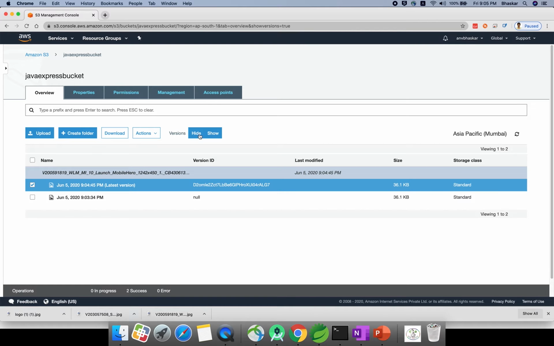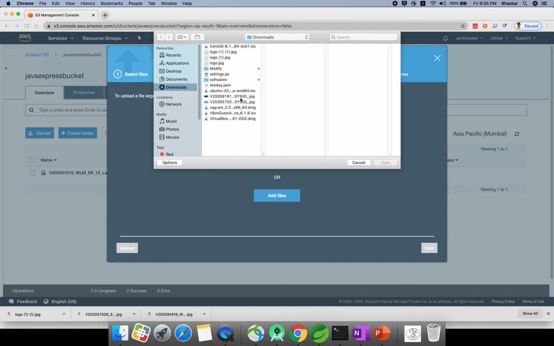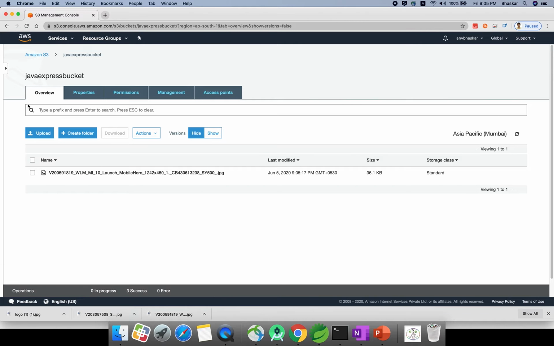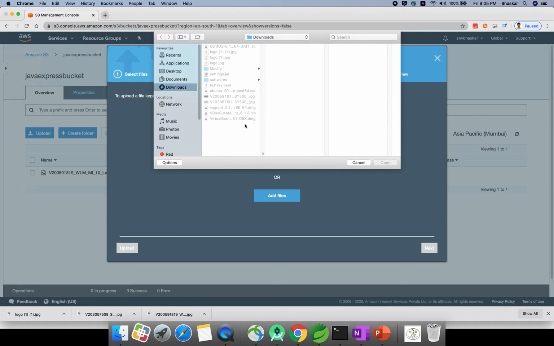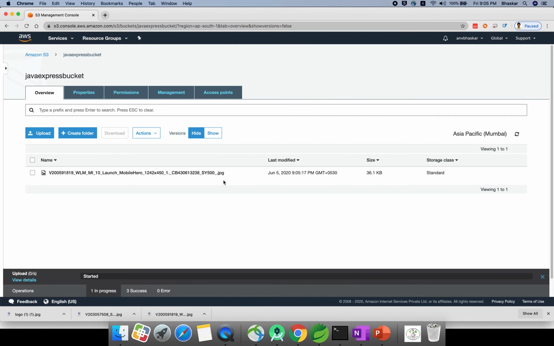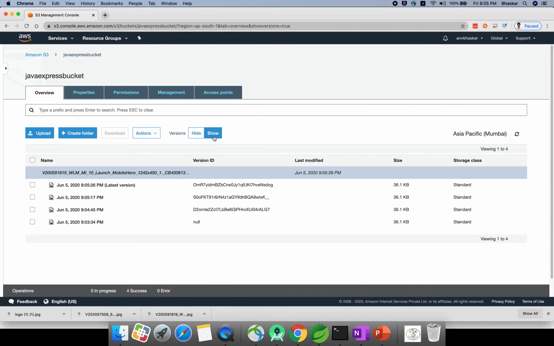I will upload one more time. We'll see what will happen. Same object, uploaded. So 3 times I uploaded. Again I will upload the same file. We'll see how versioning maintains it. Versioning is very important if you are doing programmatic access, retrieving based on the version. If you click on show, see, 4 times I uploaded, 9/3, 9/4, 9/5 and 9/6, and with the seconds you can see here, this is your latest version.